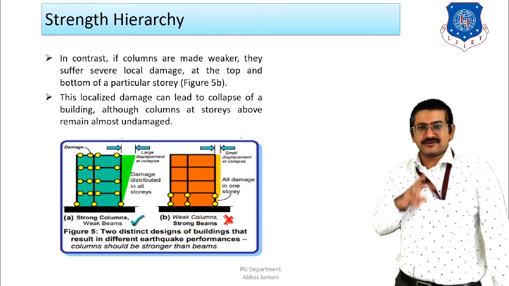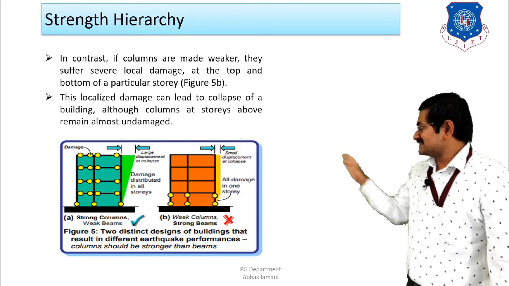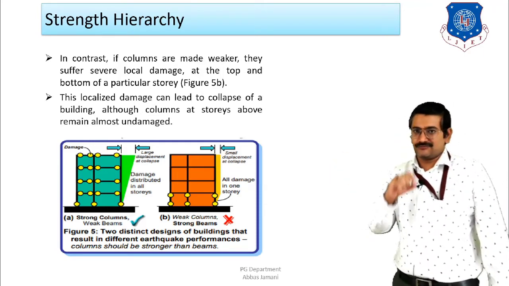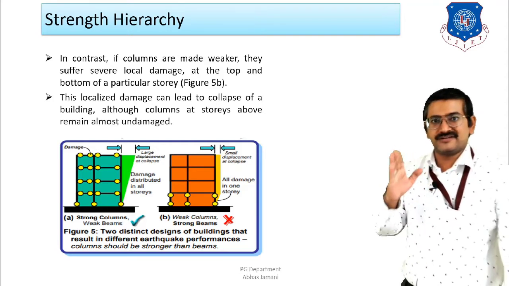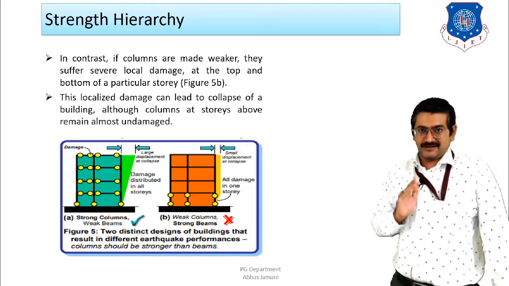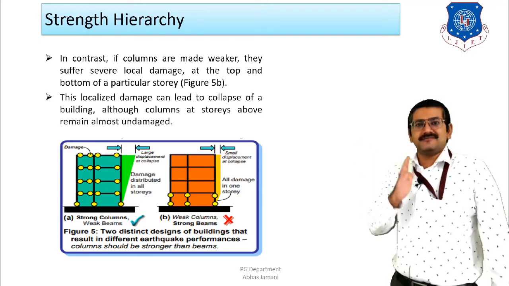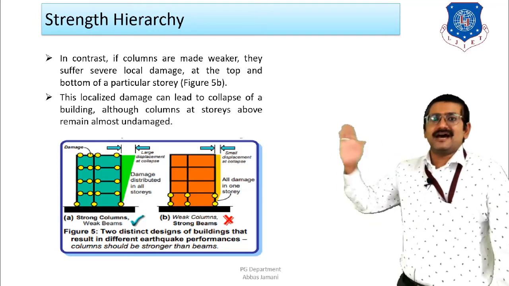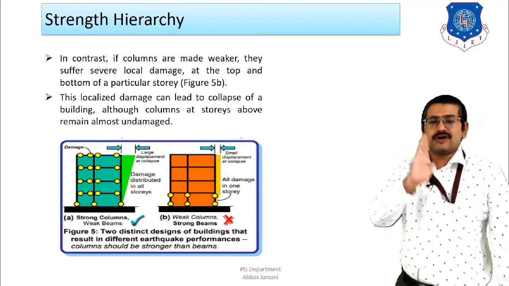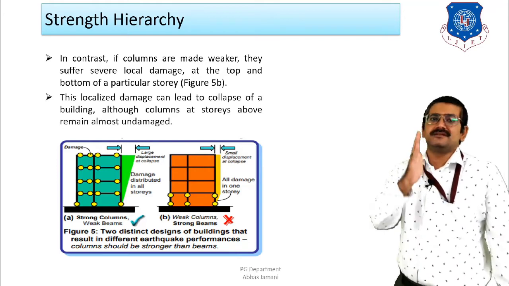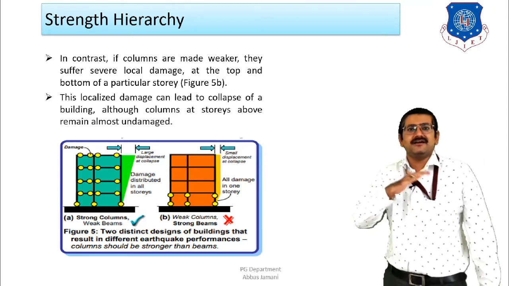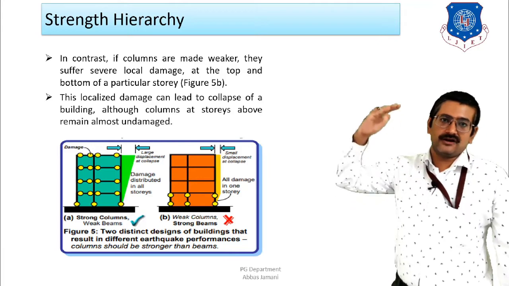Now what is going to be the difference in the behavior of the building can be clearly seen from these two figures. So in the first figure, where the beams are damaged locally at different floor levels, the columns are going to remain intact, and there will be large deformation in the building, right? And if proper detailing of these columns is done as per the ductile detailing code, then it will undergo large deformation, but the building will not collapse, right? So whatever damage or deformation will be observed in the building will be distributed evenly, or sufficiently equally, along the height of the building.